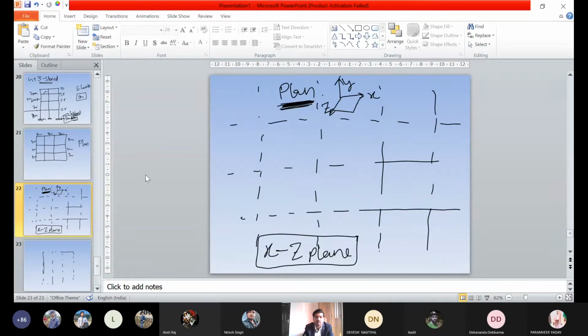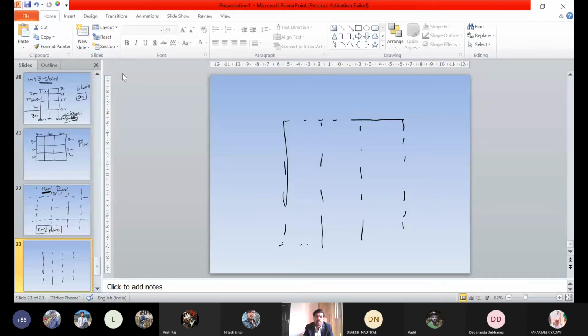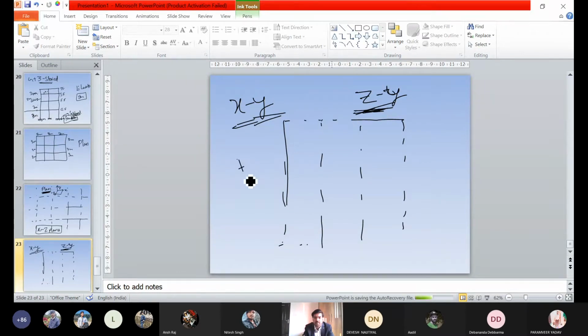This is X, Z. So the elevation plane becomes either XY, or maybe ZY if we are seeing from the side, right? Correct. This is the elevation. So these are the reference lines.